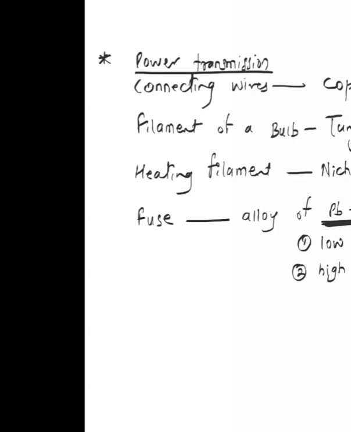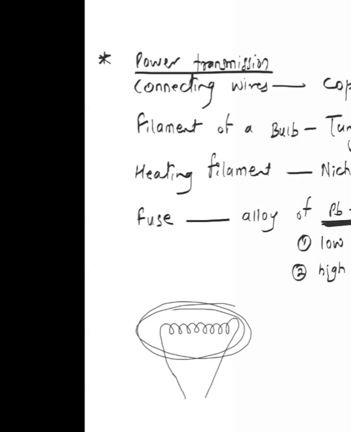So fuse wires are generally used to protect your appliance from getting damaged. I think it was Himani's question. Further to your interest, in those filament bulbs, you see how those filaments are coiled, if you noticed, and they are thin. Can someone tell me why the filaments are used like this? Why are they coiled? And why are they made thin? Why not just a straight wire?